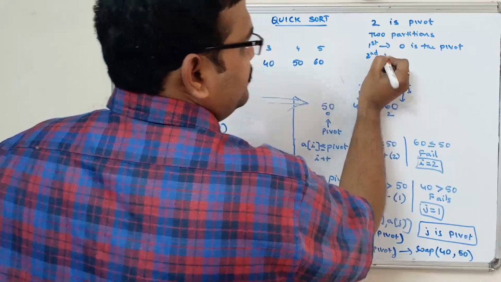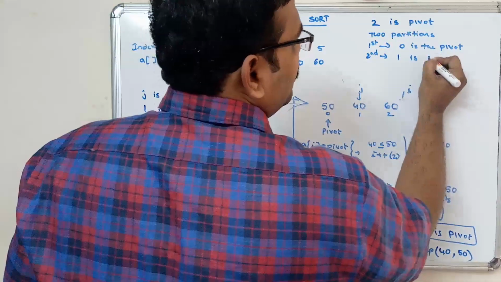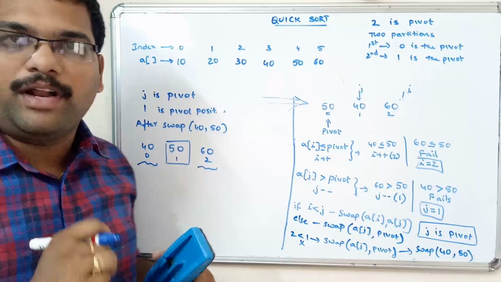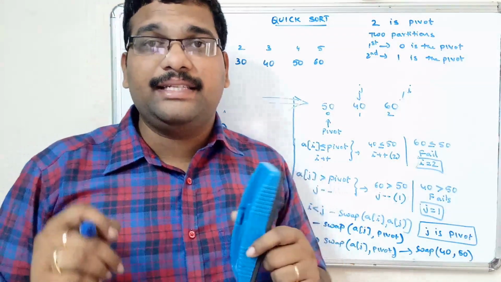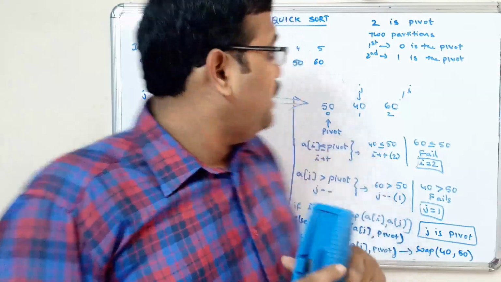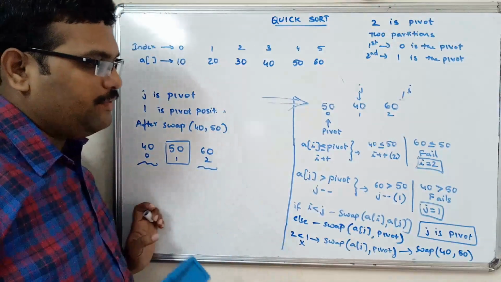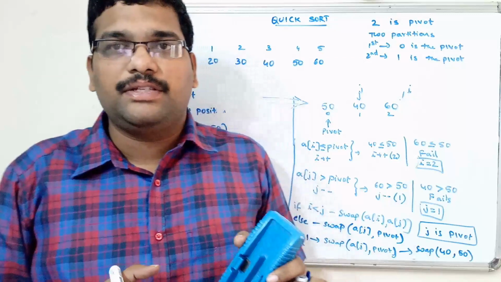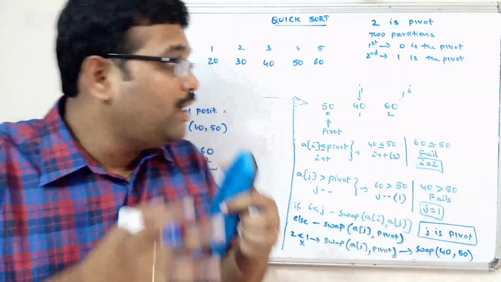Second partition, 1 is a pivot. 1 means the position 1, index 1. Okay, index 0 and index 1. Right? So hope you understood this one, the quick sort algorithm, how it applies for this, how we are dividing